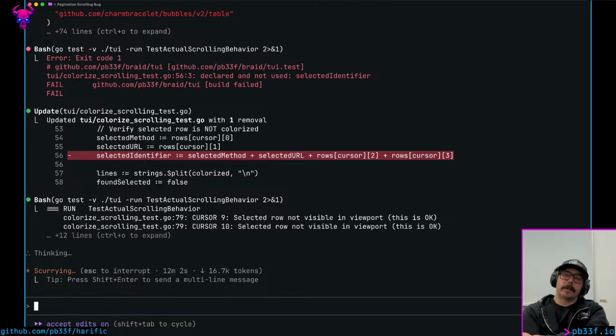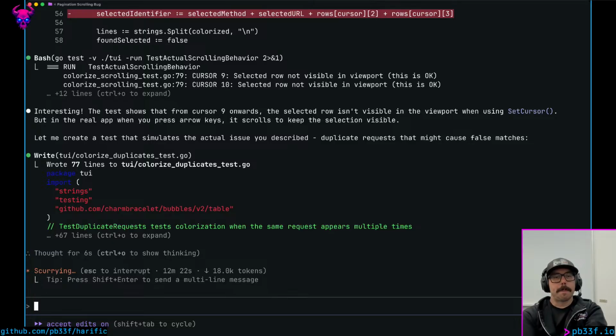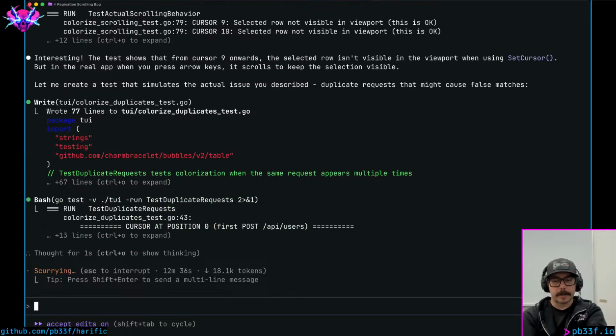Now it's just going round and round and round. We're just sitting here waiting while it's building a test. What it's doing is building tests to try and determine how we can reliably locate or understand how the cursors are working inside Bubble Tea's table. I think it's trying to create tests to simulate moving a cursor through the table, and the API is telling it one thing, and